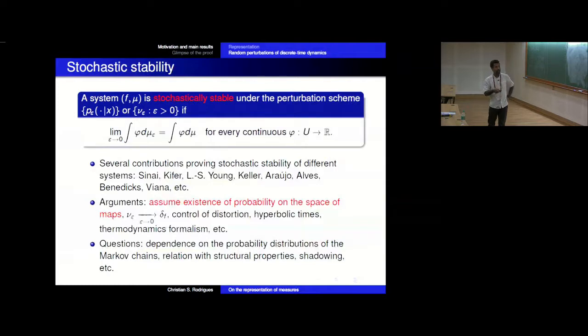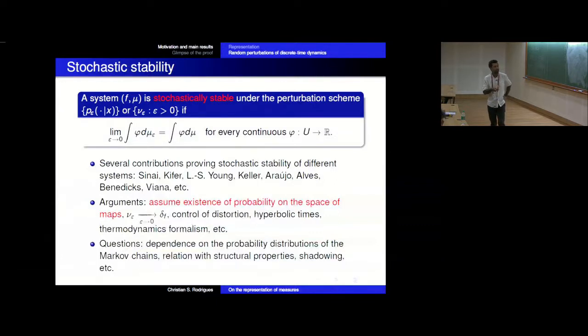So in general, the reason why we want to look at these problems in terms of random maps is because you need to handle some properties of the maps. So usually, implicitly, what you do is to assume that you have a probability on the space of the maps that you are looking at. And more than that, when you reduce the amplitude of your perturbation to 0, the measure converges to the